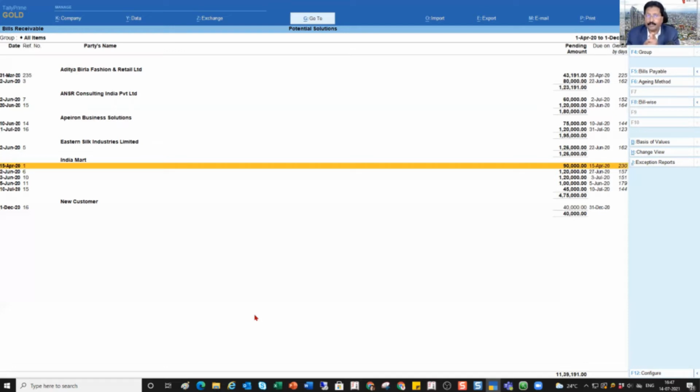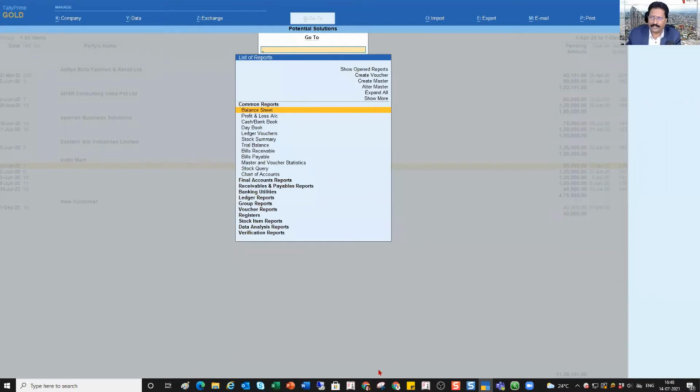Now again, the advantage of Tally Prime is that the navigation across the software is very, very simple now, very easy. You really don't have to go backwards and forward to do your activity. Now what do I need to do? So I have to start capturing the receipt voucher. So your secret number 3, right? Now you use this Go To. You press Alt G or you can click through your mouse.